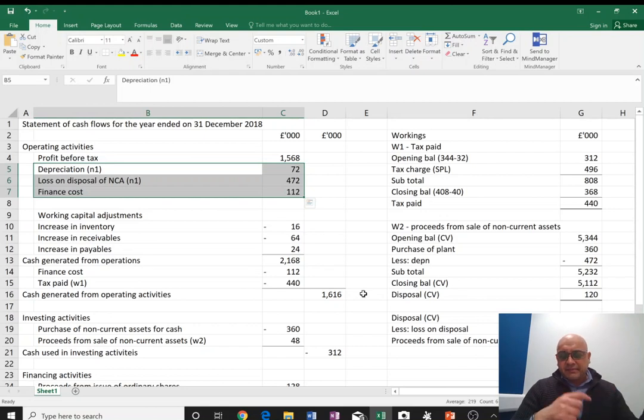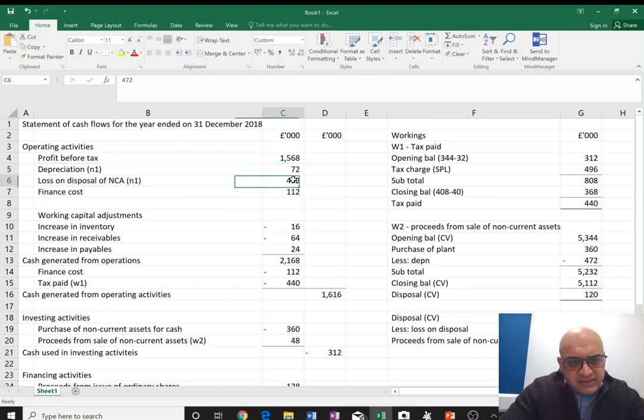We had depreciation, which is a non-cash item. We didn't really spend that money during the year. We spent money on the asset when we purchased it in the past, so we had it back. So that wasn't a cash flow, and that increased our operating cash flow. Loss on disposal of non-current asset is not really